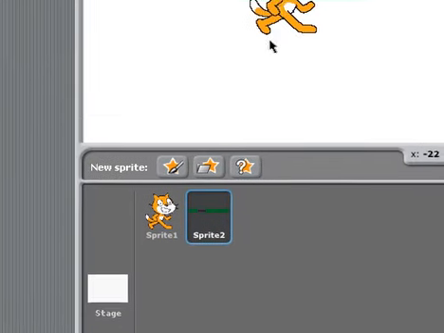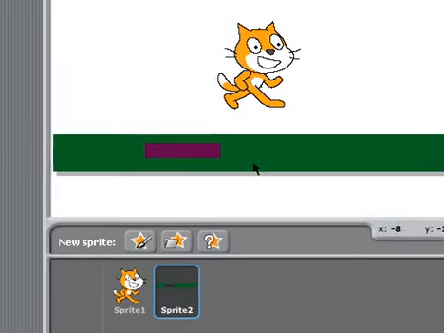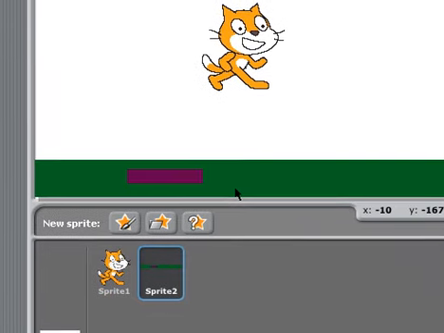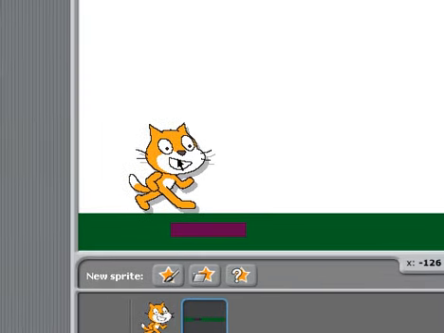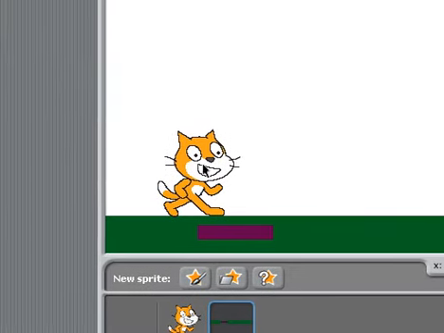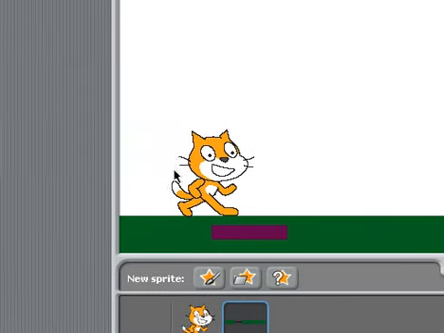So what you're going to want to do is then move that all the way to the bottom, and then you can place the cat on it if you want. This is just teaching you how to scroll. It's basically a programming thing. So what you want to do with the cat